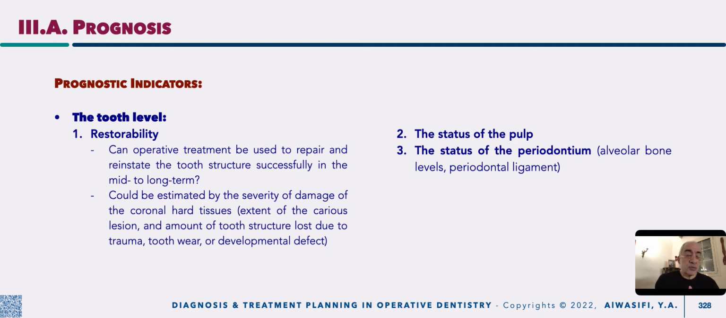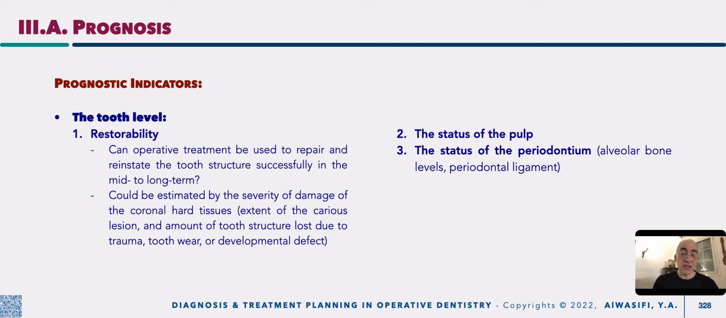This could be estimated by the severity of damage of the coronal hard tissues, the extent of the carious lesion, and the amount of tooth structure lost due to causes other than caries, like trauma, tooth wear, or developmental defect. This could be determined exactly according to the clinical examination and the severity of damage of the tooth. Then comes the status of the pulp. As long as the tooth is vital and normal, and its sensibility is within normal, this indicates a good to excellent